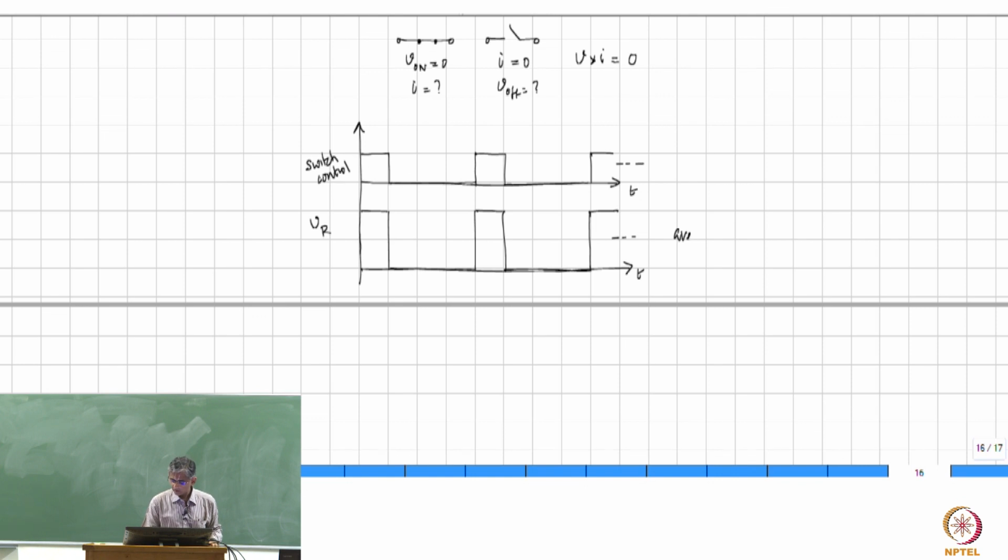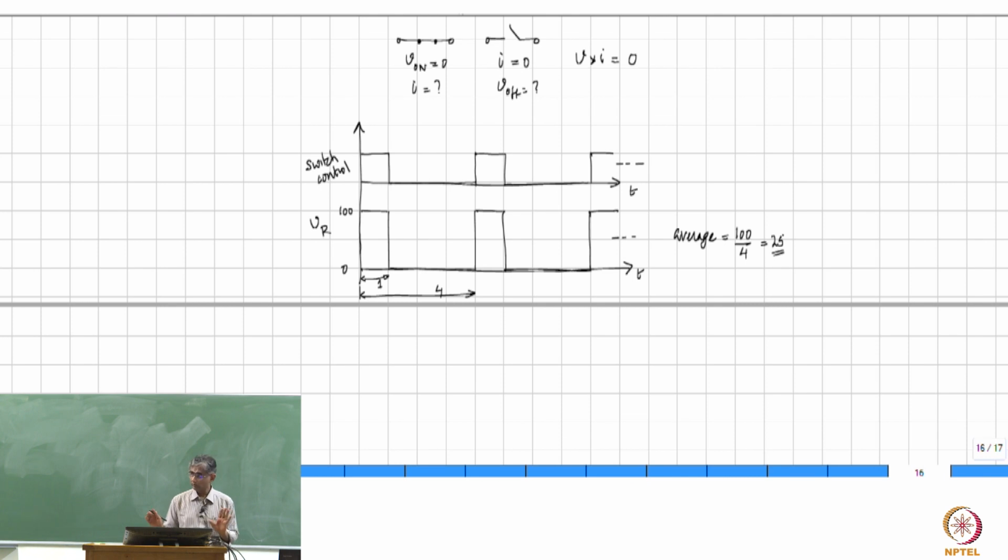What is the average value of this? So this is 1 division and this is 4 divisions, and therefore the average value is 1/4 of this. This is 100 by 4, this is 25,